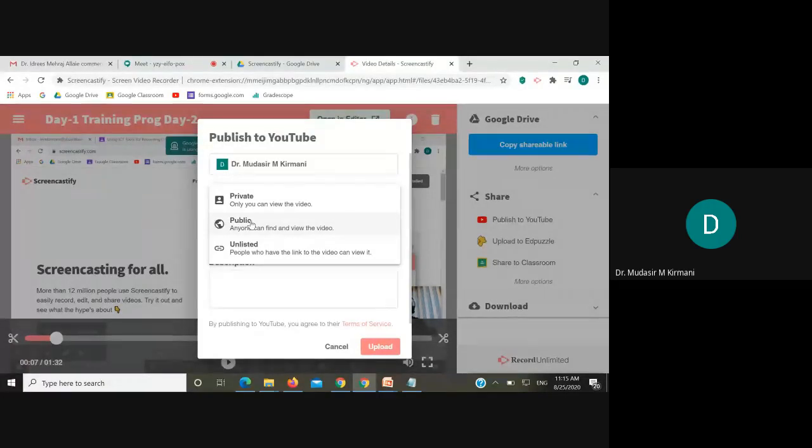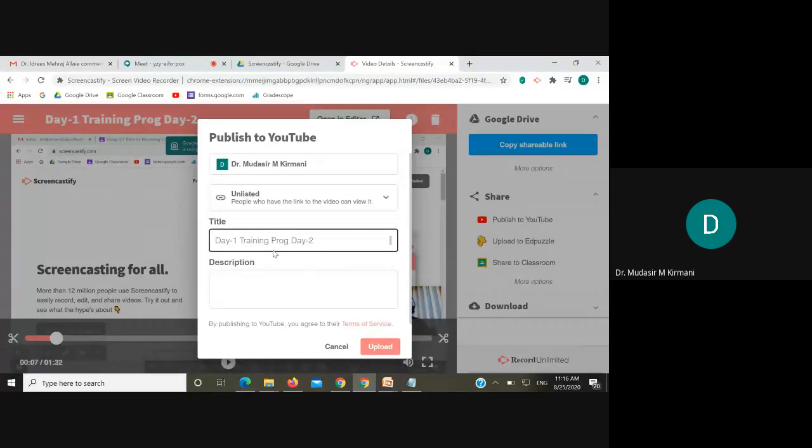Therefore, for the learning purpose, when we are in the learning phase, when we are recording videos using different resources, I will suggest neither to go for private nor to go for public, rather to go for unlisted. Unlisted means the person with whom you will share the link will only be able to see it. Other persons, they won't be able to see it. Once you learn it, once you are through with it, once you learn how to select the content, then you can go for public. But you have to ensure the content that you are using in your recording needs to be your own content.